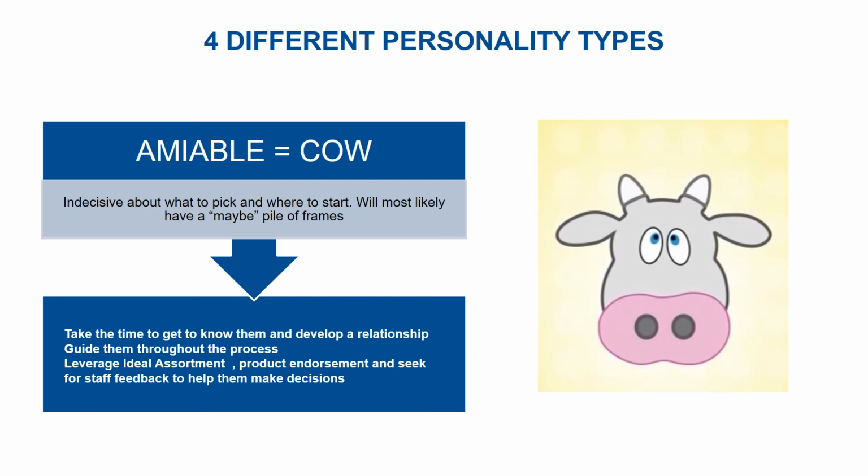Remember, buyer's remorse with this type of personality type is the most dangerous thing that can happen. This is the customer of yours that will buy a frame and call you back the following day and say, I made a mistake, I want to send it back. Or even worse, they will not call you, and consequently they will not deliver that important type of referral, which is word of mouth, a type of advertising communication.